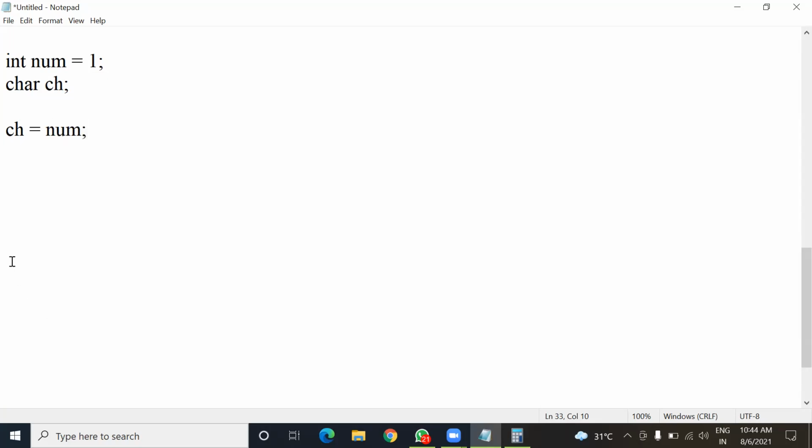Now, can you guess what will be the value stored inside this ch variable? For 1. No, 1 will not be there. Let us change it to 65. So, no problem.